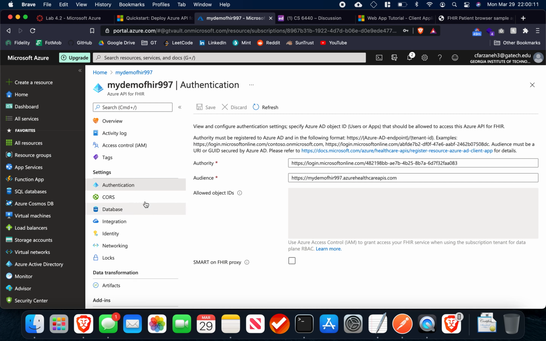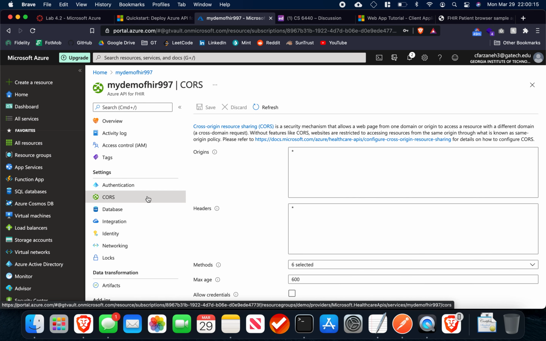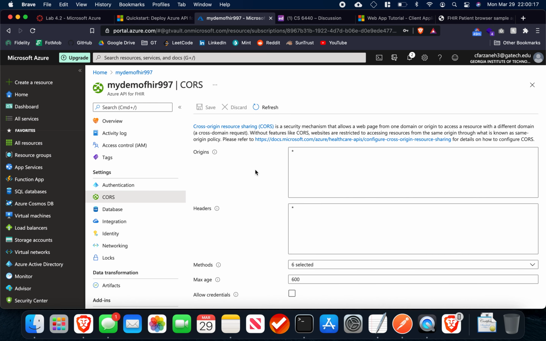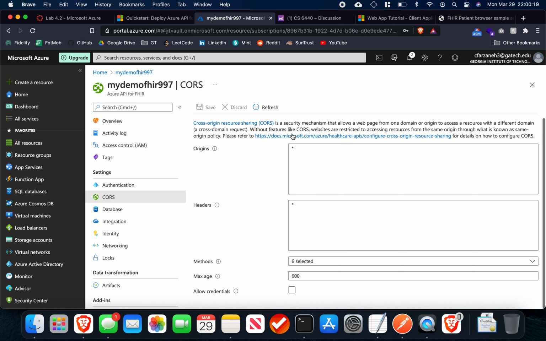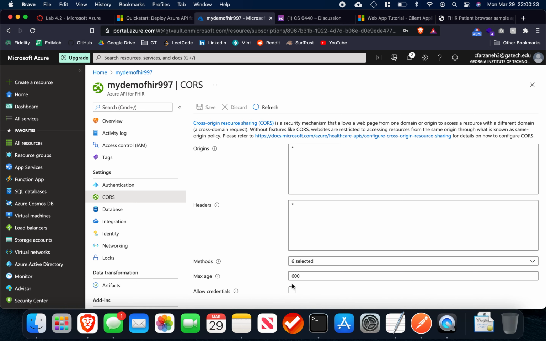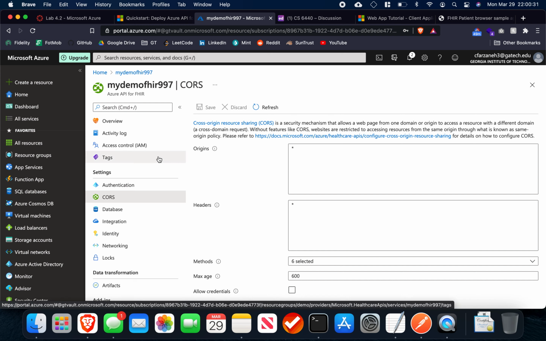The next thing that the tutorial showed you how to do was set up CORS, which is cross-origin resource sharing. You basically just have to put an asterisk or star for these areas and set a max age. Besides doing those two, there was also one issue I was having, and that was with